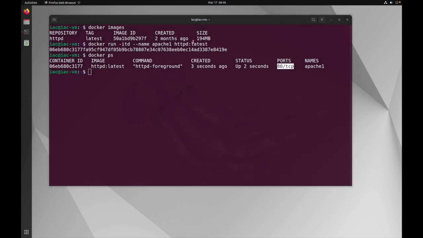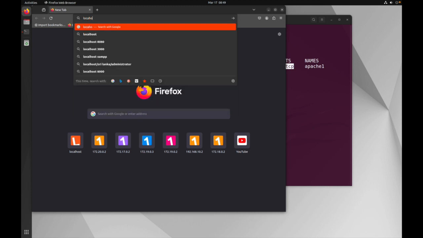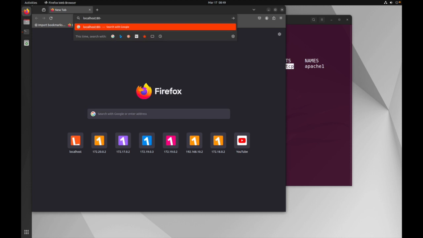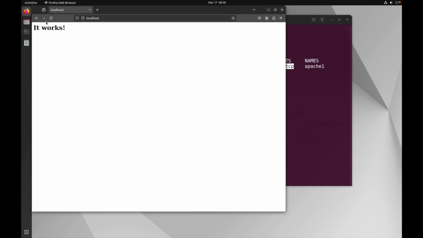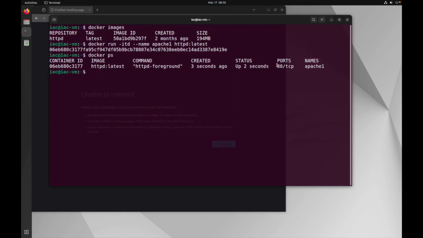But what happens if you try to access localhost port 80? Should this work? No, this should not. This is from the cache. See, it is not working. That is because there is no port opened in the host machine, but this port 80 is